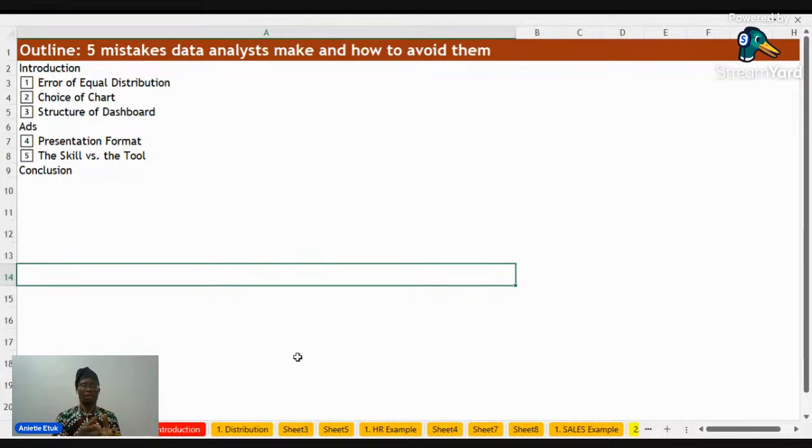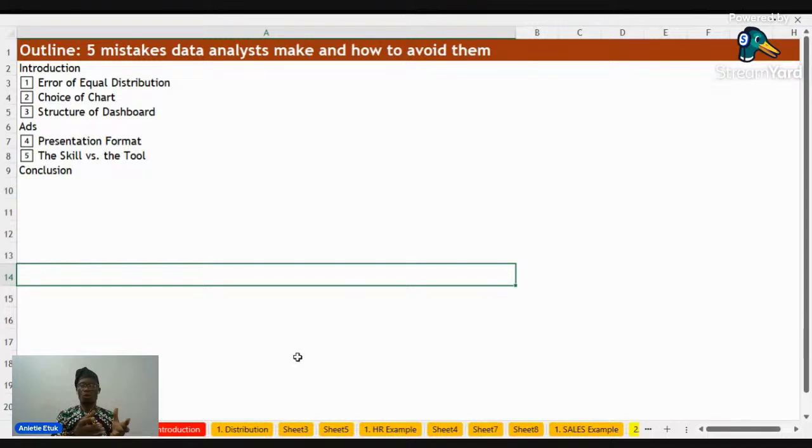Number 2 is the error of the choice of charts. Number 3, how do you structure your dashboard? Before we get to number 4, midway through, I'll mention that I have built an advanced course, so those that are interested can also buy it. Interestingly, the data from that course is what will form the basis of today's discussion.